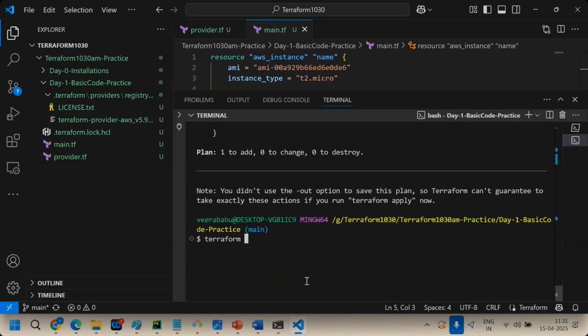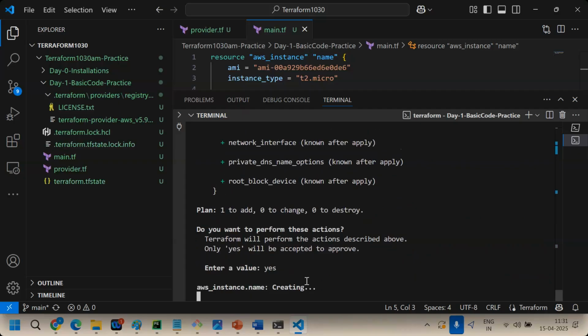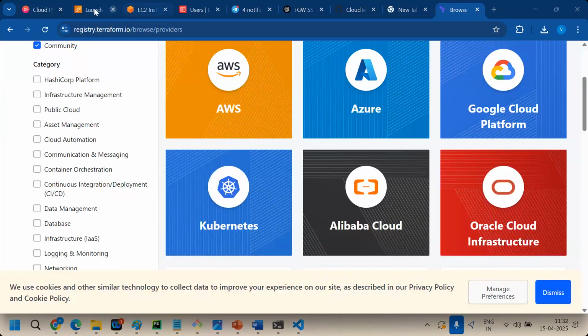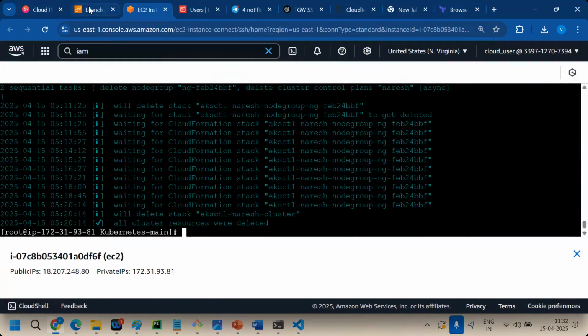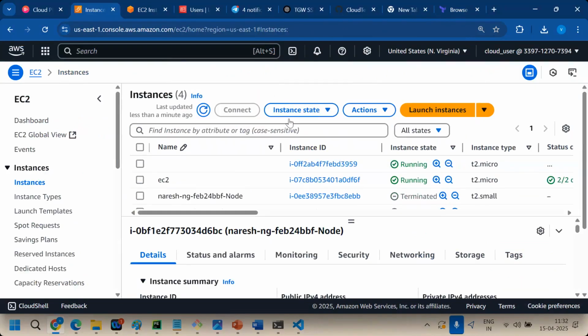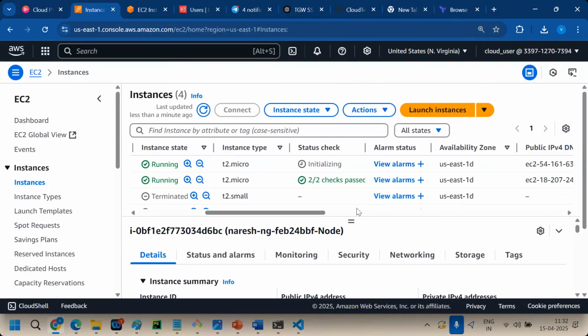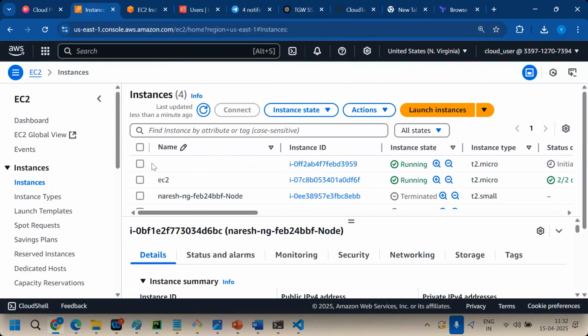Okay, good to go means Terraform apply. Enter a value: yes, proceed. So one instance is being created, right? One instance is initializing.